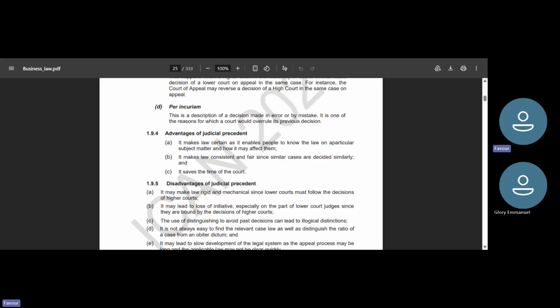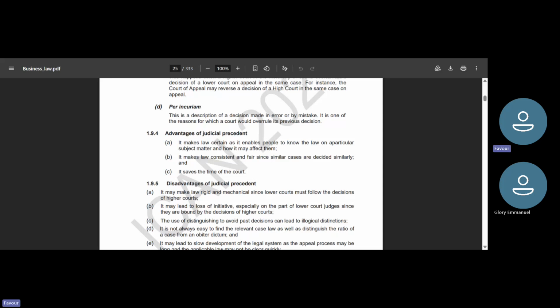So it gives that foundation. Once there's precedence, you'll be able to know that, okay, if such a thing happens, this is what the court will decide. This is what applies to this particular subject matter, and this is how it's going to affect me, right? And it makes the law consistent. So it's not like